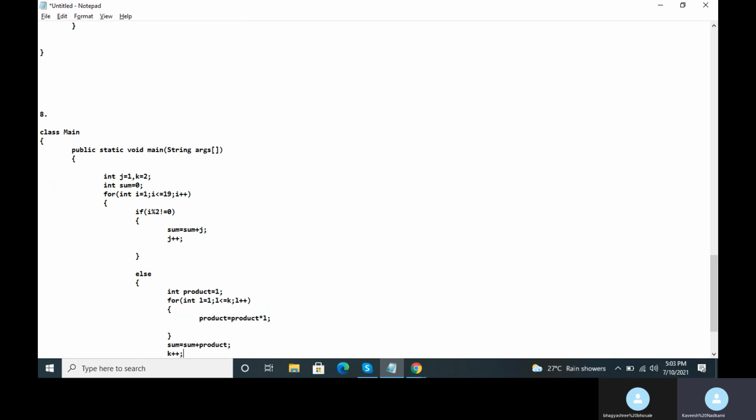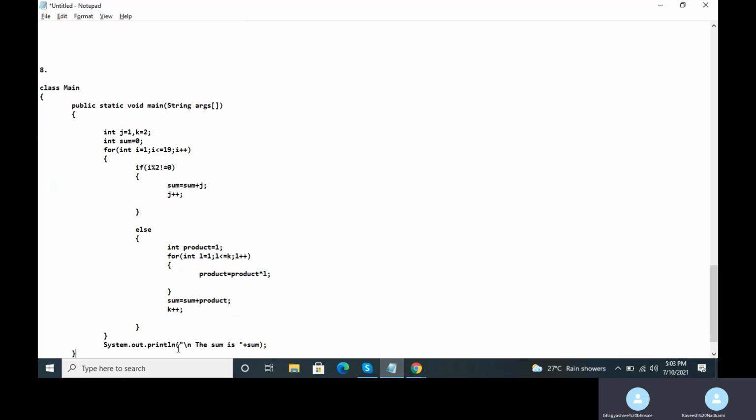And whatever the addition answer is, you are storing it as the new value of the sum variable, and then immediately increasing the value of the k variable by 1, because for the next even numbered element in the series, it should be starting from 1 till that next number. Product of all those values there.